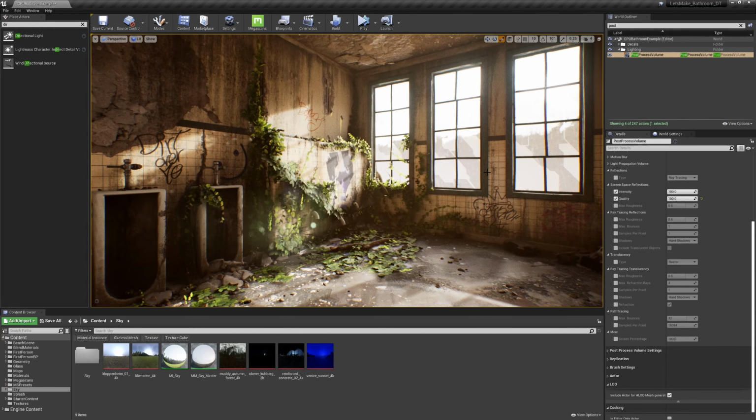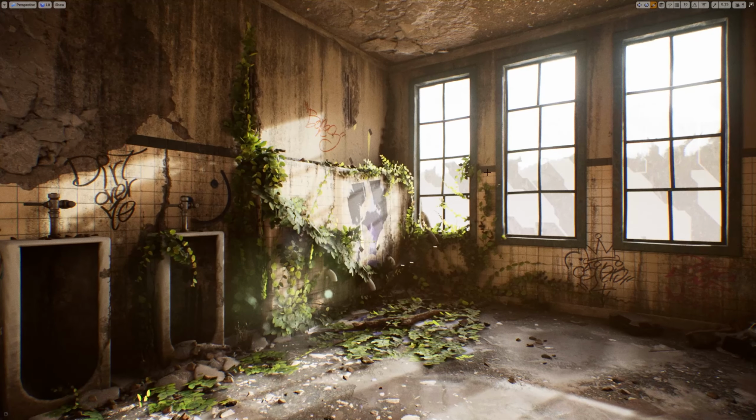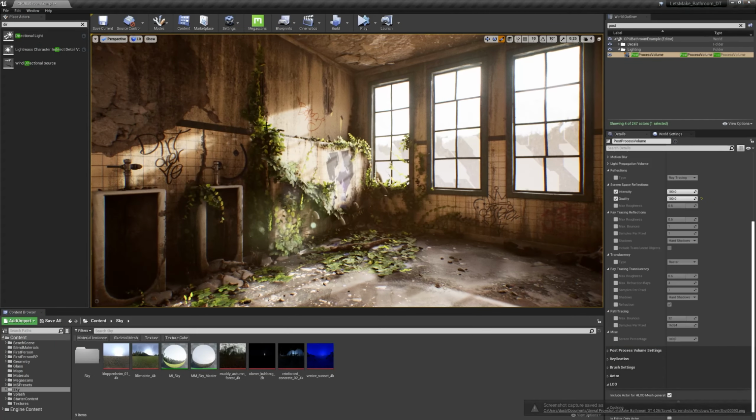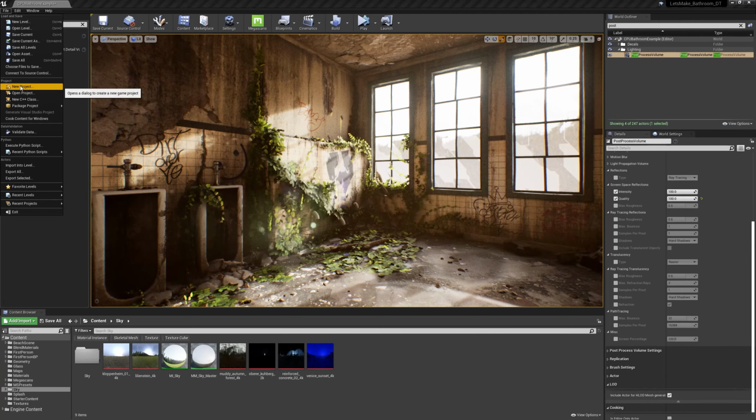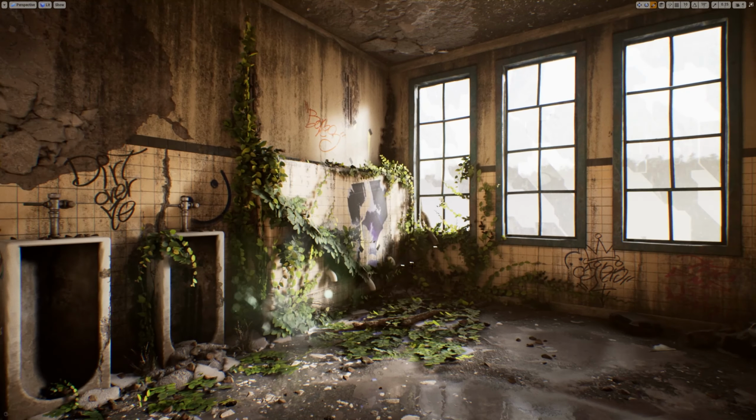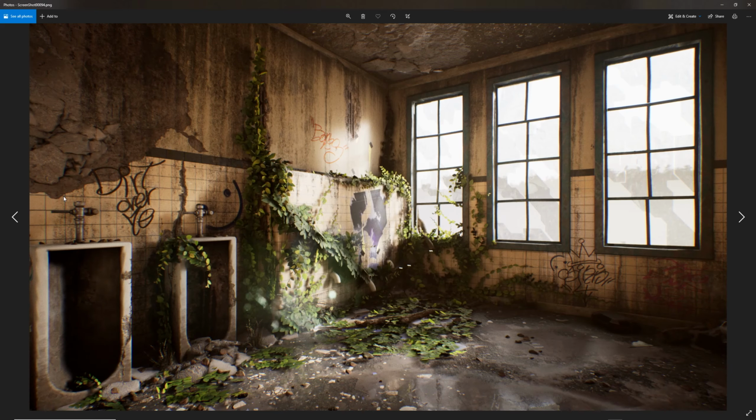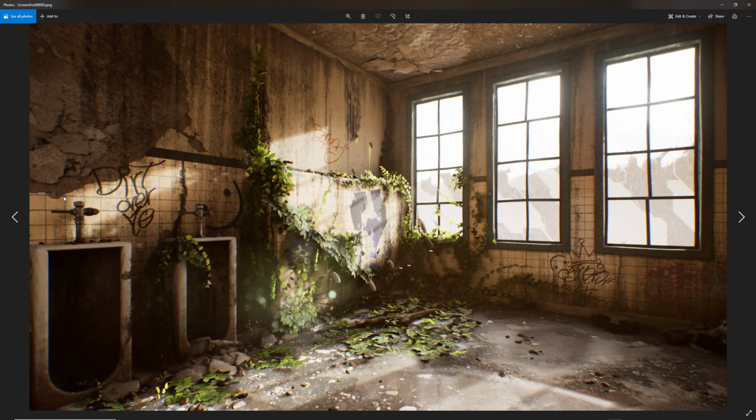So here is the final image. We're going to go ahead and go into full screen. I'm going to hit F9, and we'll take a look at this image. And then what we will do is I will open up the previous scene and see how close we got. Okay, so here we are in the initial scene. Going to hit F9, grab this screenshot, and this is the original, and this is the one that we